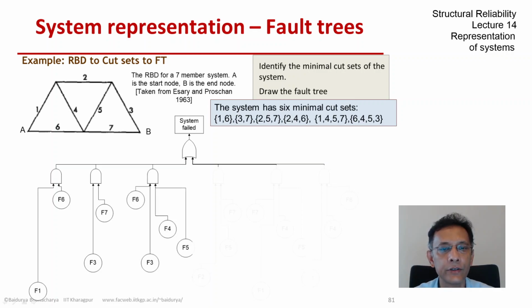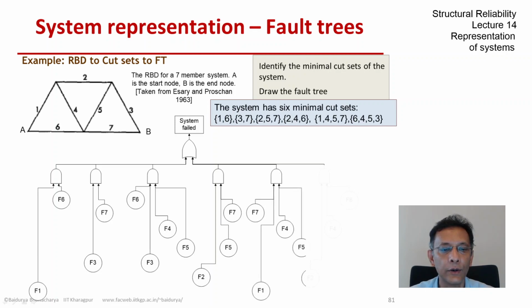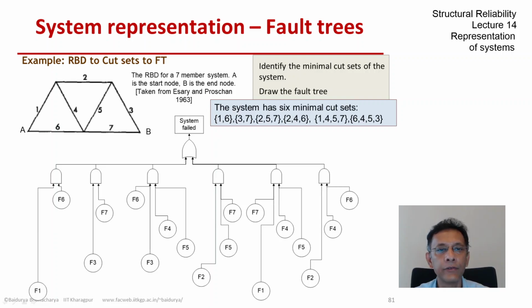The next is 3, 4, 5, and 6, and then 2, 5, and 7, and then 1, 4, 5, 7, and then finally 2, 4, 6. So here we have all the 6 minimal cut sets within themselves arranged as a parallel system,